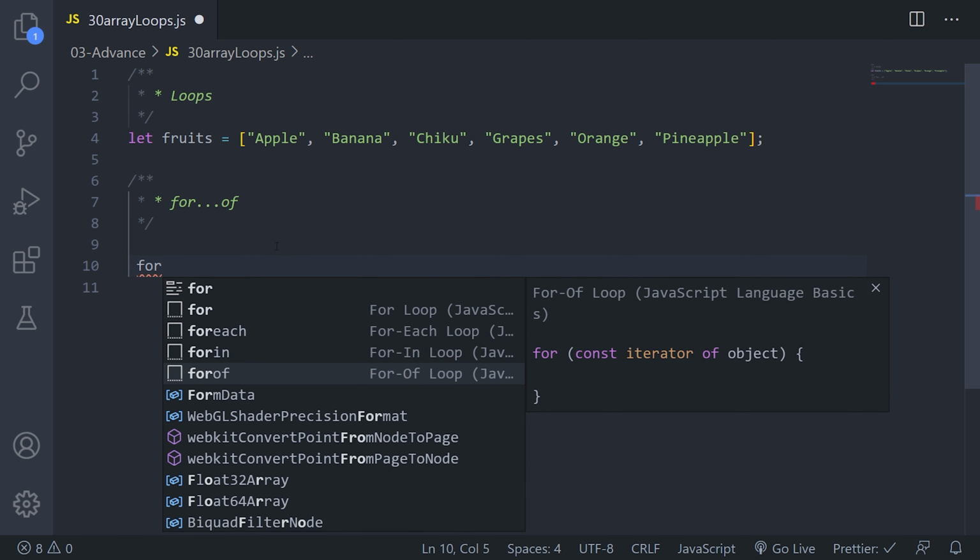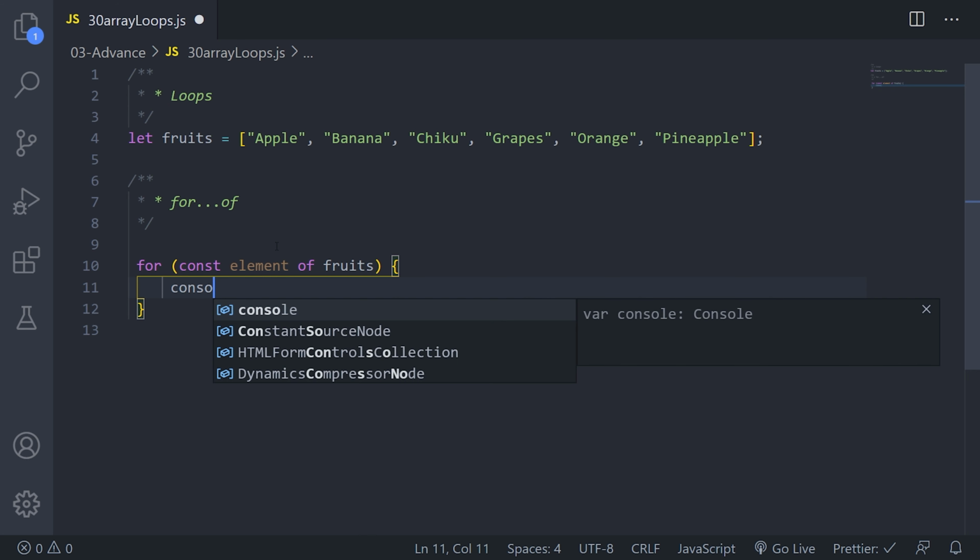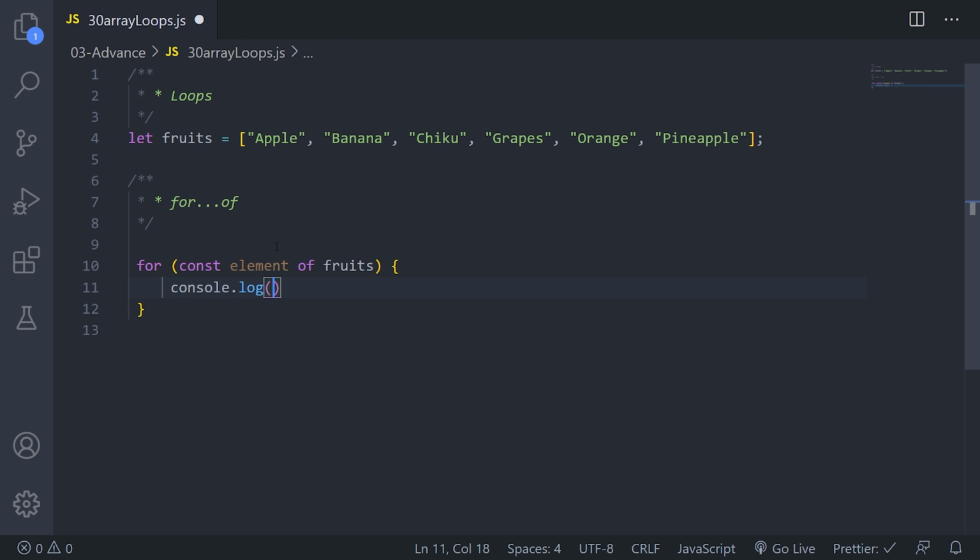So I'll type it here itself. If you see, we have IntelliSense for the for of loop, and as soon as I hit enter, it gives me two options, iterator and object. For iterator, I'll rename it to element. As we know, fruits is an array, so fruits here, and I can do console.log and then element. So if I save this and run,